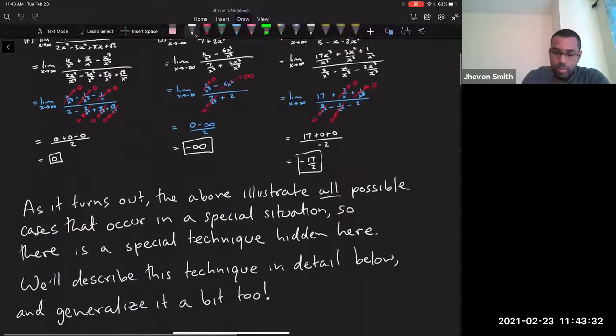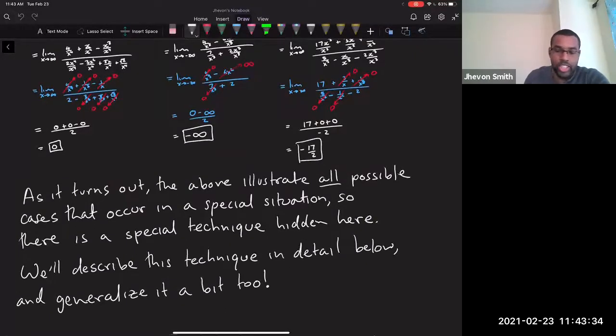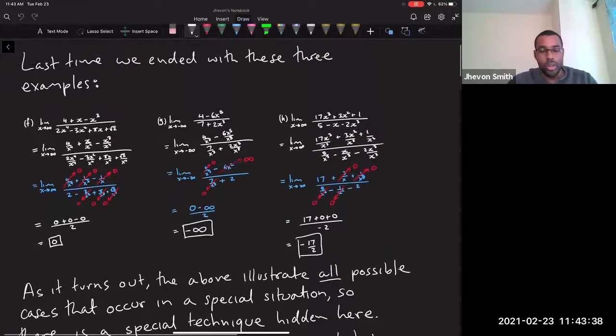Right? And it turns out that these cases actually account for all possible cases. So for situations like this, you're going to end up in one of 3 scenarios, pretty much. There's no other kind of scenario. So you're either going to be 0. This is going to be in the case where